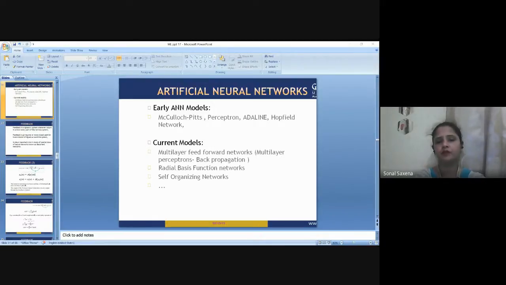Now, a feed-forward neural network may have a single layer or it may have hidden layers. So in a feed-forward neural network, the sum of the products of the input and their weights are calculated. This is then fed to the output. So, here we can see the feed-forward network.